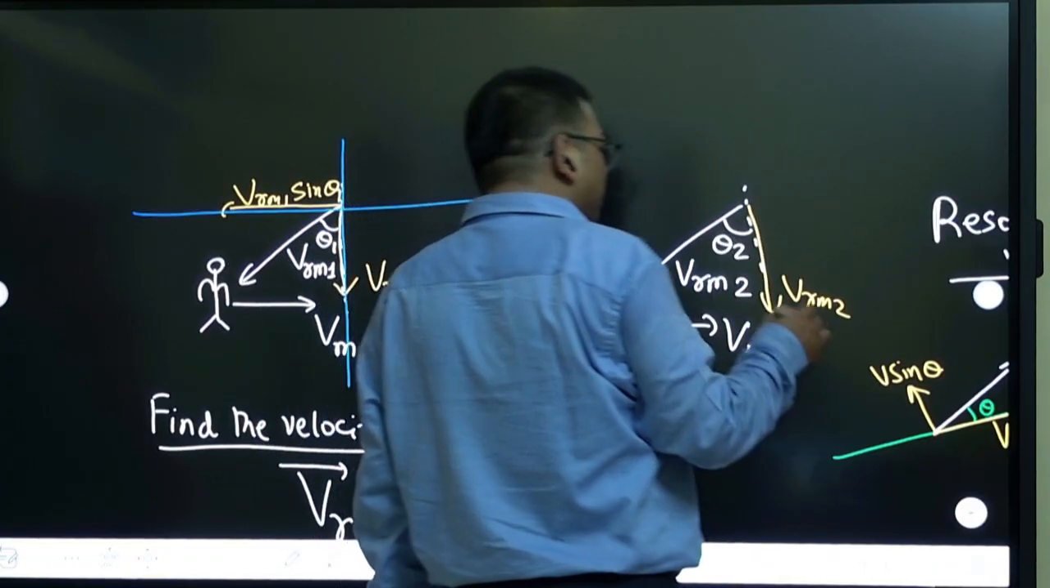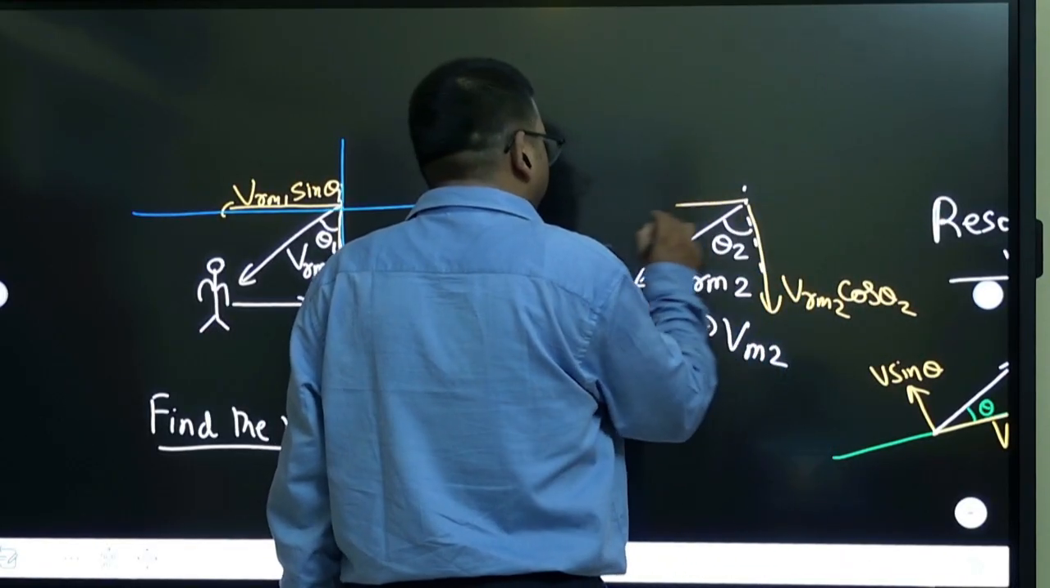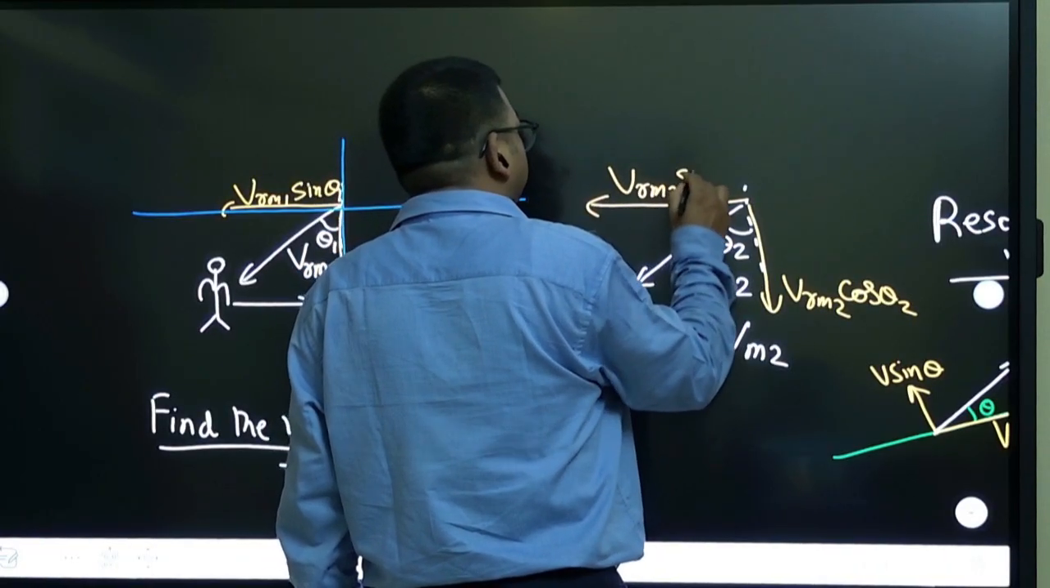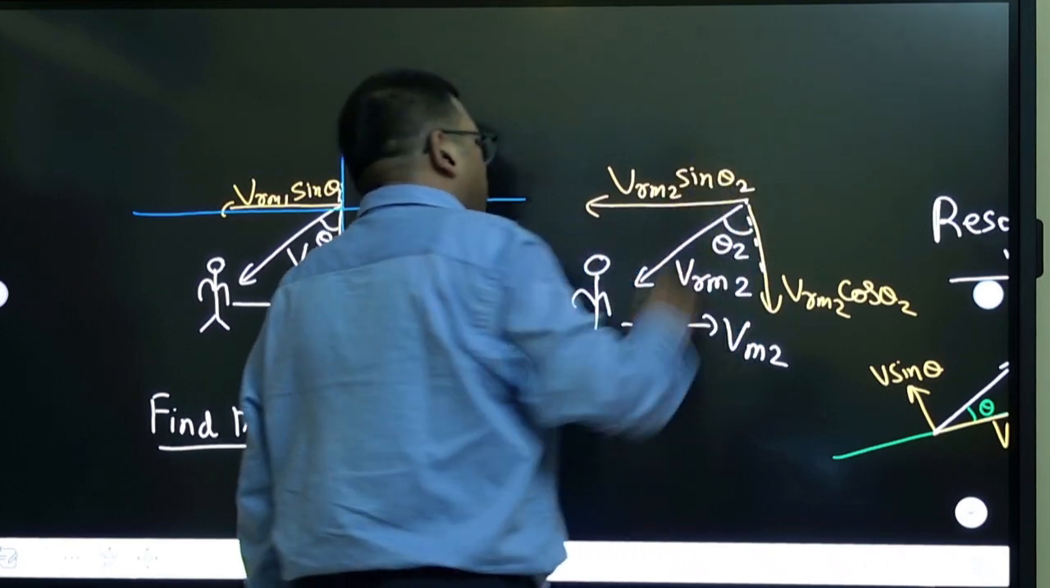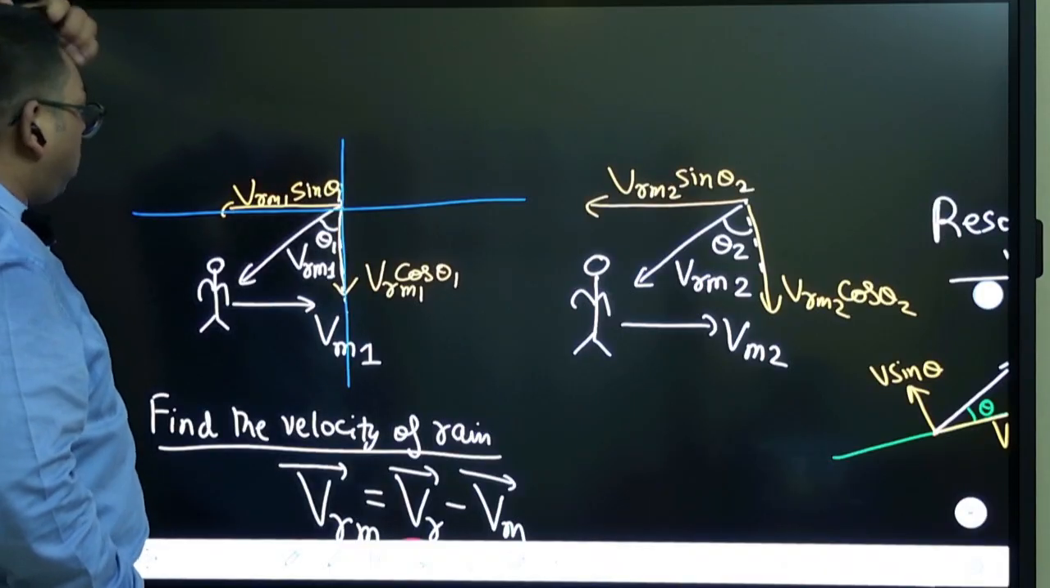This direction is theta, na? This is cos. Other direction is sine. So we want sine theta 2. Okay, we have done this. After that,